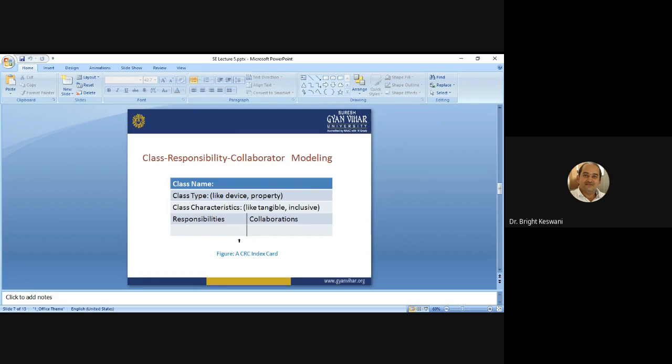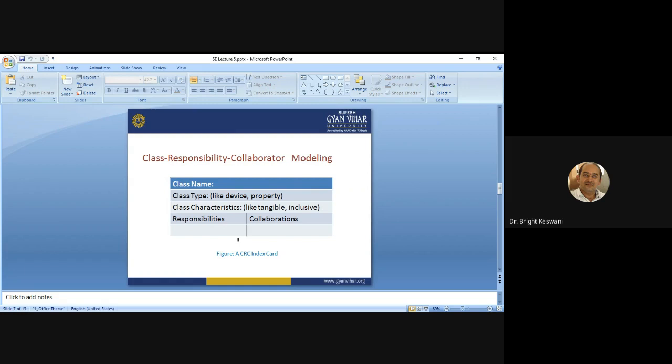In reality, the CRC model may make use of actual or virtual cards. You can draw them in your documentation, or you can imagine these cards, so that an organized representation of the class can be developed. Responsibilities are the attributes and operations that are relevant for the class, and collaborators are those classes that are needed to provide a responsibility.